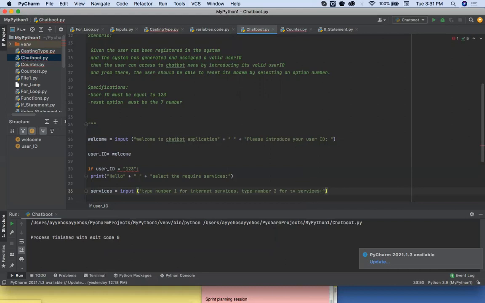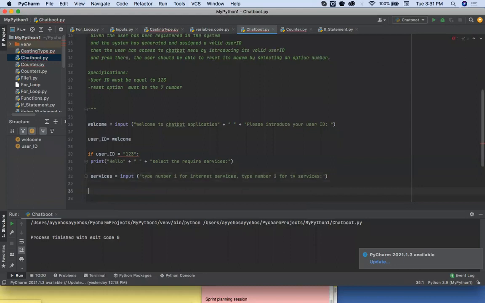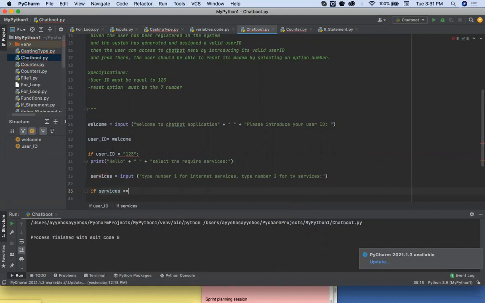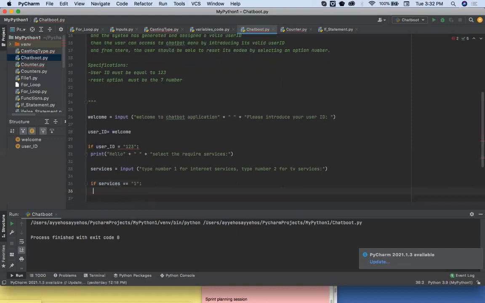Now, once we have used this variable, displaying this message and receiving this input, we need to verify if the services variable is equal to 1, because we want to start the restart process, right? So we need to start from the internet services. So if services is equal to 1, it means that it's equal to internet services. Then, and just then, we can